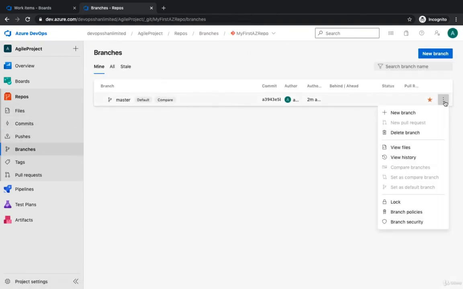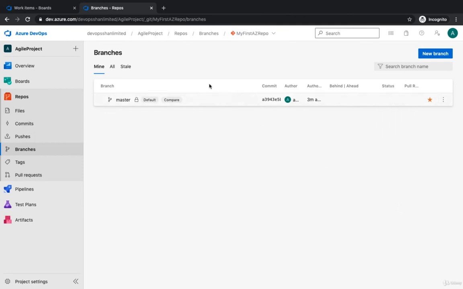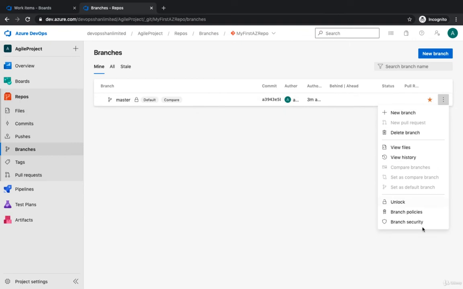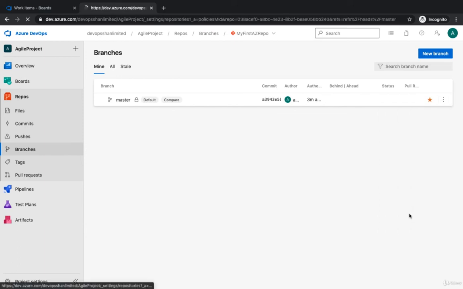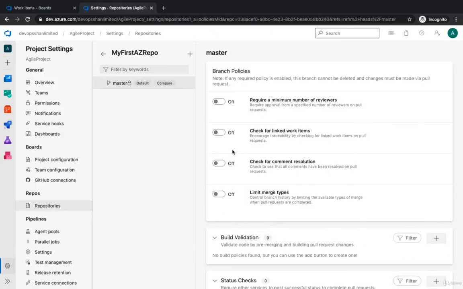We're going to go back to the branches, and you could also lock your master branch, which means none of the users would be able to make any changes to this branch, or rather unlock, rather delete this branch. So if anybody tries to delete or push any changes to this particular branch, he or she would start getting an error. You could define the branch policies as well. Now branch policy gives you